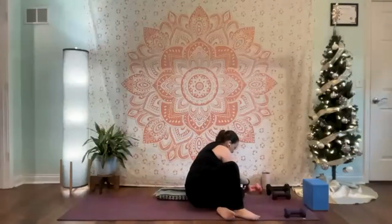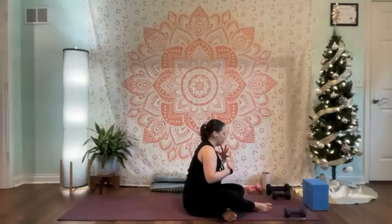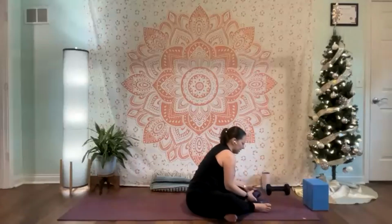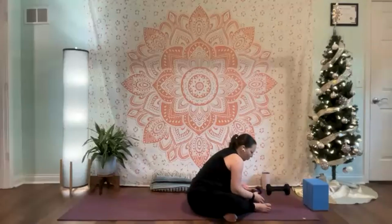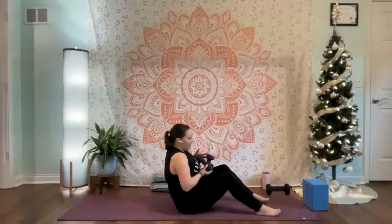We're going to go into a little bit of ab work now. So I'm going to come off my blanket. And you can use any weights here that you want. So you can use 1, you can use 2 lighter weights, 2 heavier weights, 1 weight, whatever that you have. Because I'm using both hands, I'm going to hold both of my 5-pound weights here. But we're going to come into